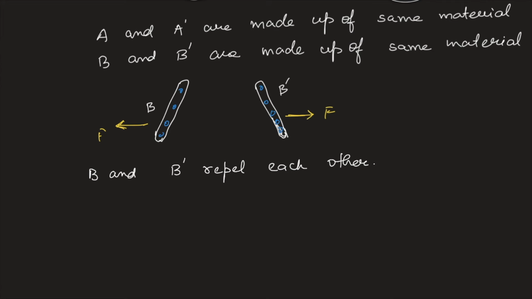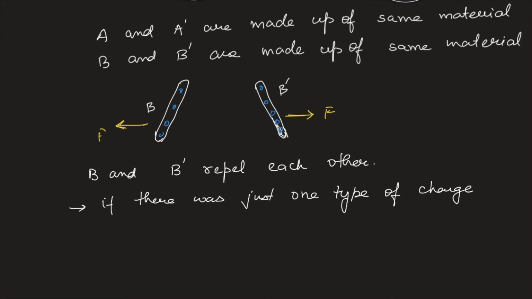क्योंकि अगर एक ही टाइप के चार्जेस होते तो एक ही टाइप का फोर्स होता। If there was just one type of charge, there must have been just one type of force। Now this is important। If there was just one type of charge, there will be just one type of force।